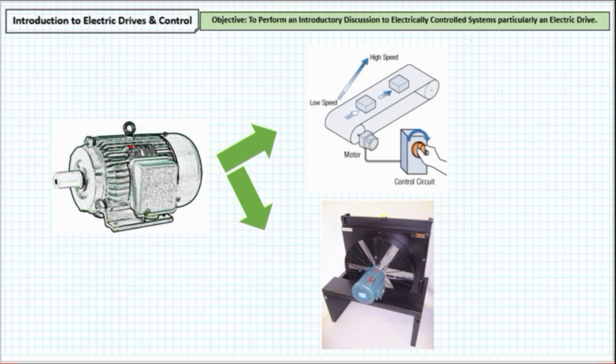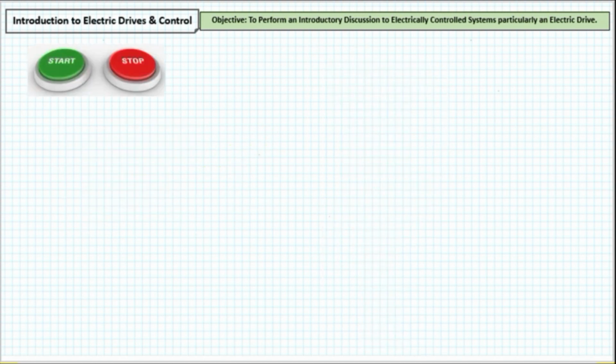So we can say that an electric system in its direct form is used to perform sensory or logical functions in automation. So data is sent, processed, received, and stored in electrical signals. So more on that later. At the most basic level, electrically controlled systems are used in starting and stopping an actuator.